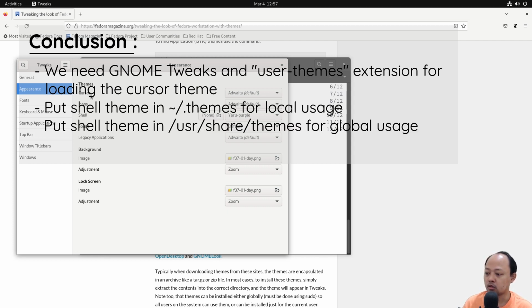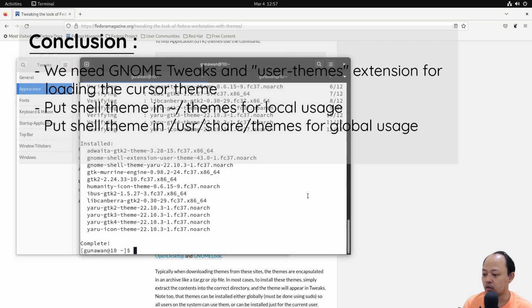We can make shell themes accessible from the current user only, or make them accessible for all users in a computer. If we want to make it accessible for all users, we need to put the shell theme file in a certain system folder. It will need administrator permission.